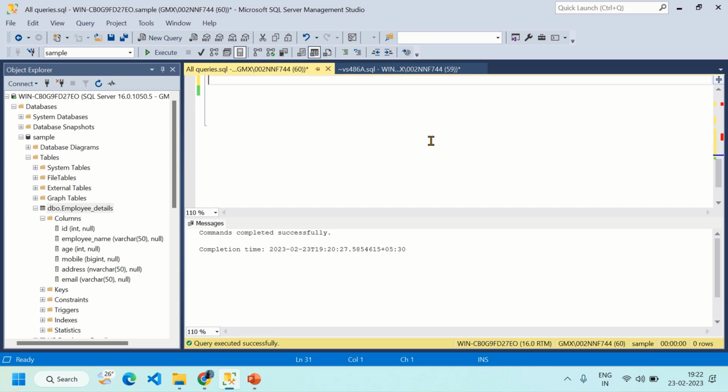Now we'll see in SQL how to insert the records. So let me write INSERT INTO. I'm using the table dbo.employeedetails. What are the columns here? ID, employee name, age,